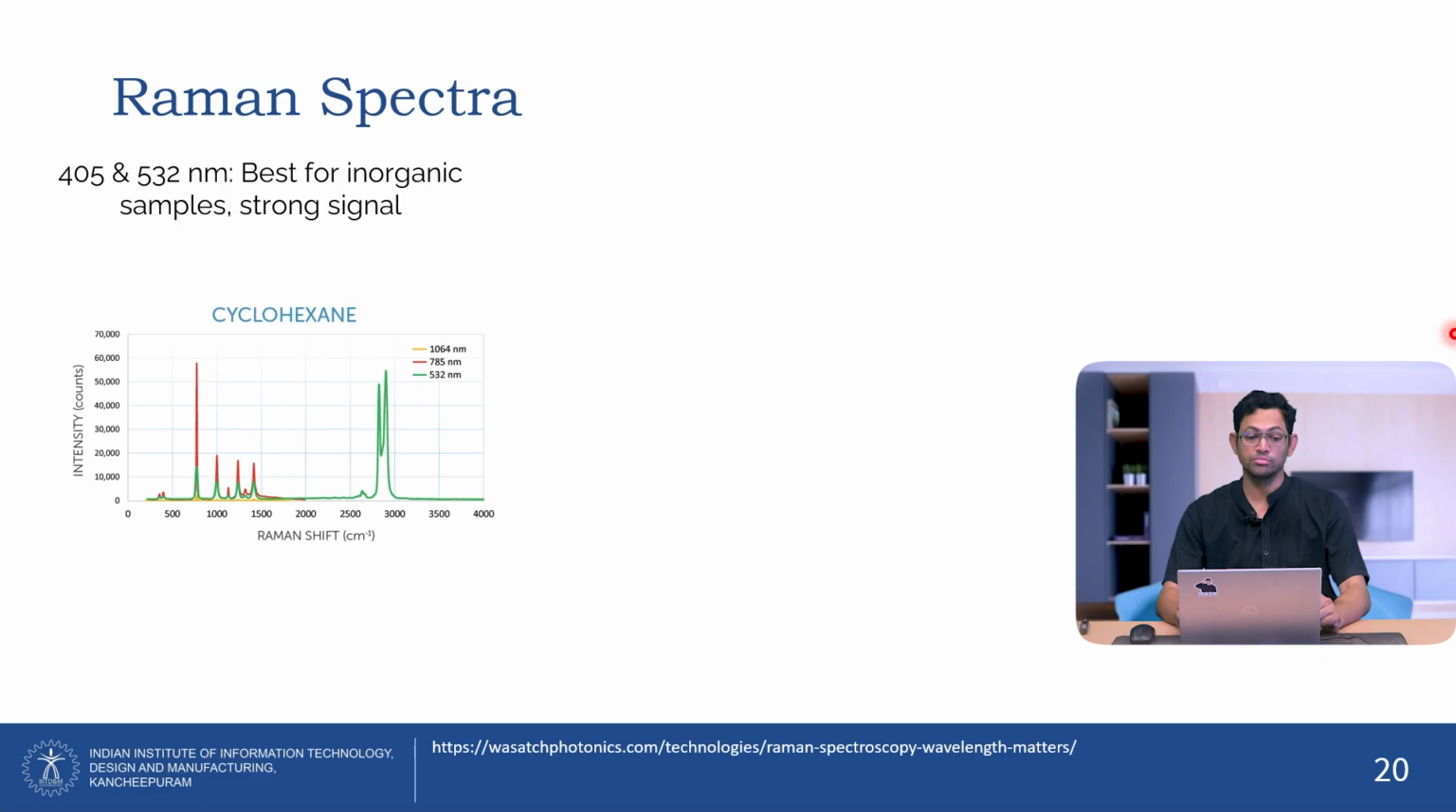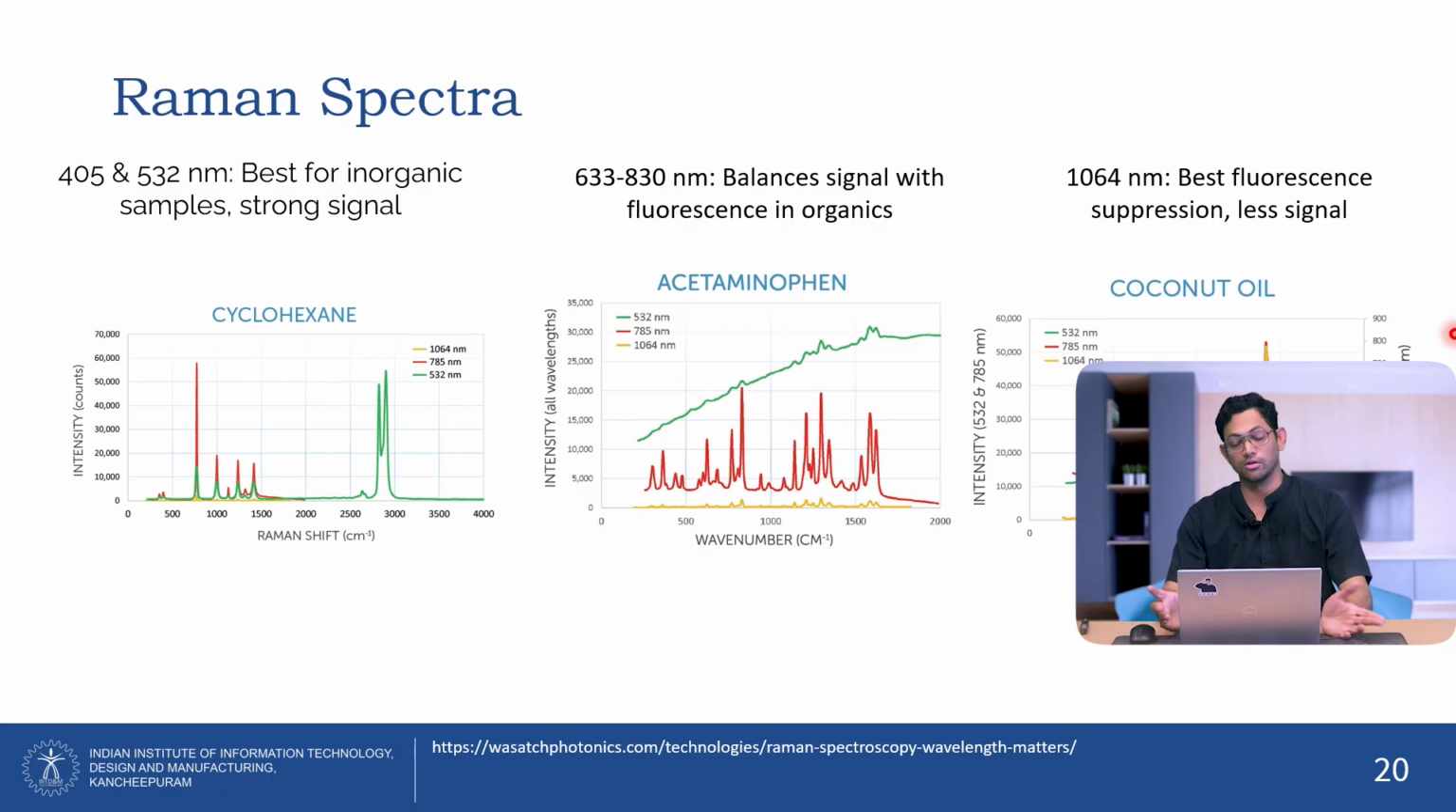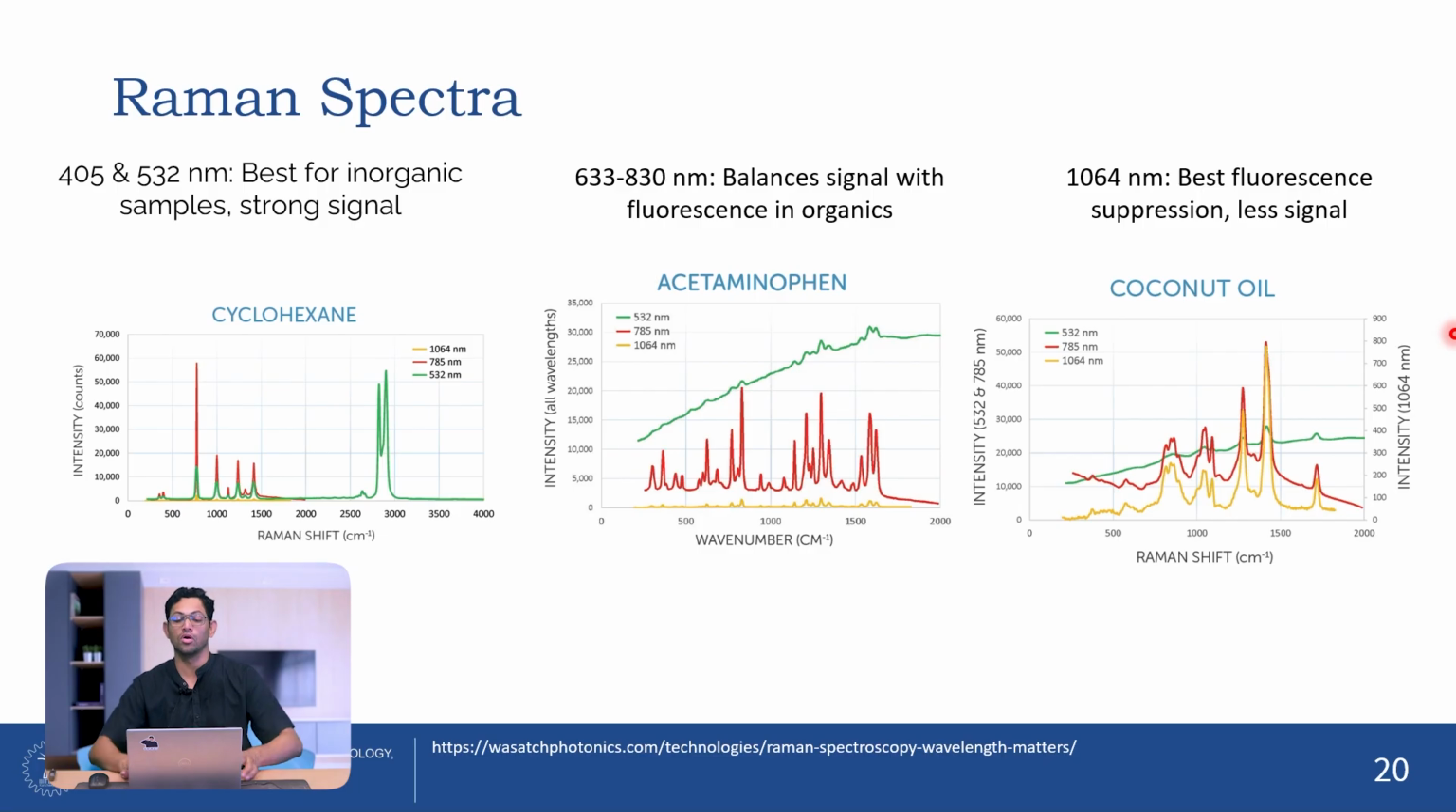Okay. So as I said, different wavelengths are used for different analytes. If you are looking for inorganic samples, trying to get strong signals from them, then you use 405 or 532 nanometers. If you are looking for balanced signals with fluorescence in organics, then you use 633 to 830 nanometers. And then if you are looking for specifically biological samples, right, where you want to reduce the fluorescence as much as possible, then you actually go ahead